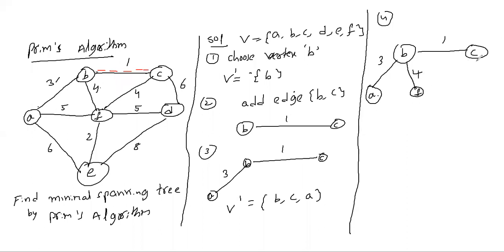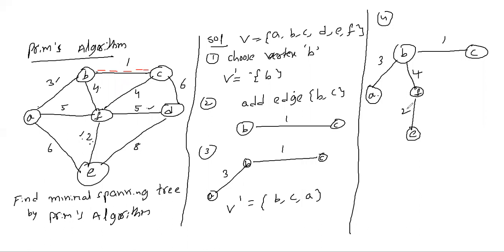You come to F or C or A. First you add the smallest one. For the F, what is the smallest value here, everyone? F to E, edge value 2. F to D, how much edge value? 5. For F vertex, the edge value will be here 2. The edge value will be here 5. So which is the smallest one? 2 is the smallest one. So add it to this one. Okay, this you got 2.